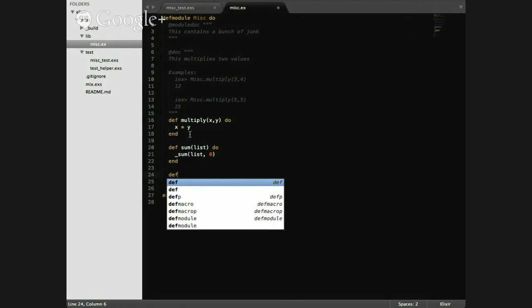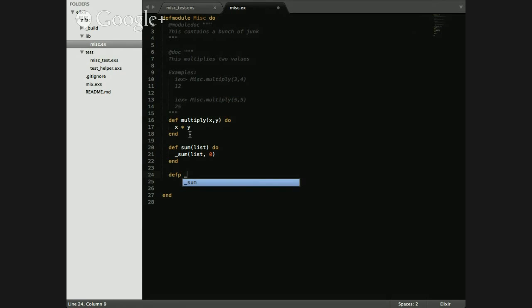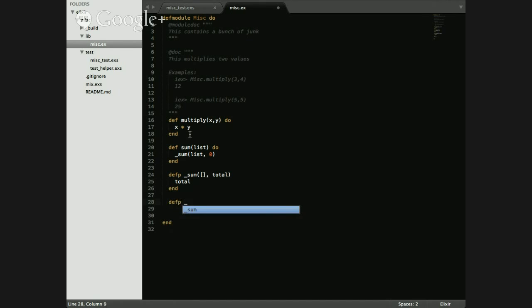We're going to define a private function using the def p. By convention, we'll use this underscore prefix, and it will accept and pattern match against the empty list. If it gets an empty list, it will return the total. Now we're also going to have another private function that will accept a list and a total